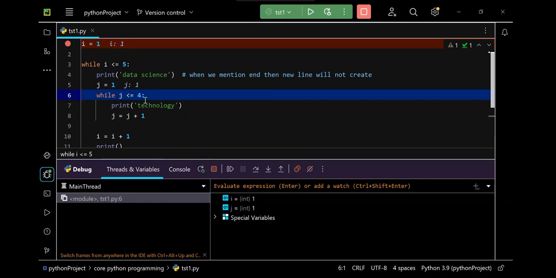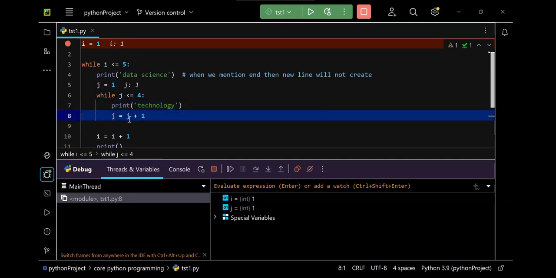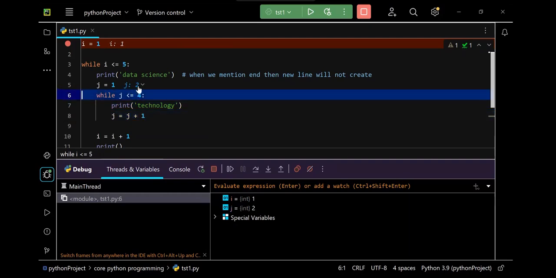Now, is j less than or equal to 4? 1 is less than or equal to 4. Print technology. Check the 4 spaces. Then j equals j plus 1. So when you press F8, it will not go here, it will come here. Do you see j equal to 2 now?